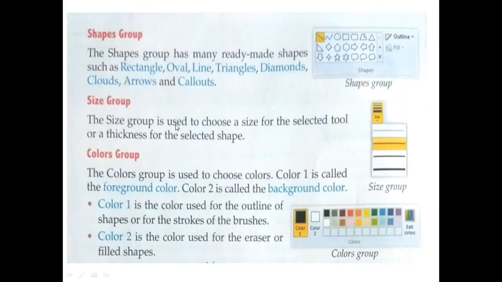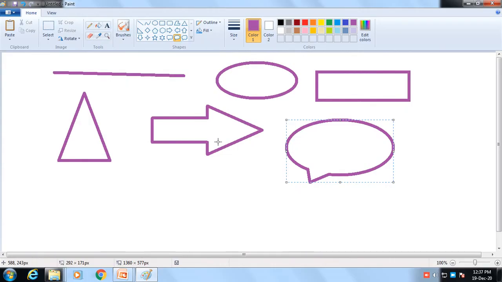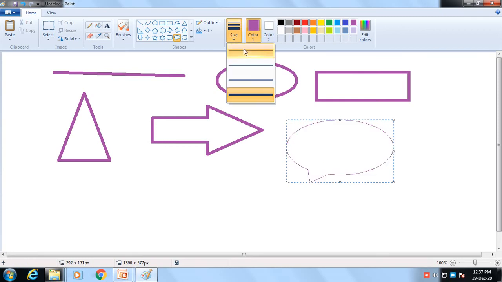Okay, next is size group. The size group is used to choose a size of a selected tool or a thickness for the selected shape. So students, whenever you draw any image with the help of size tool, you can decrease or increase the border area of that image.